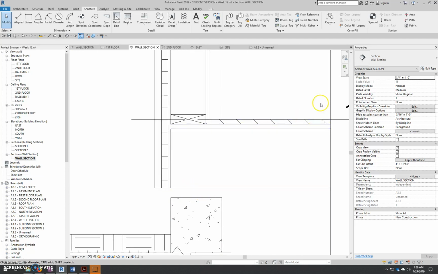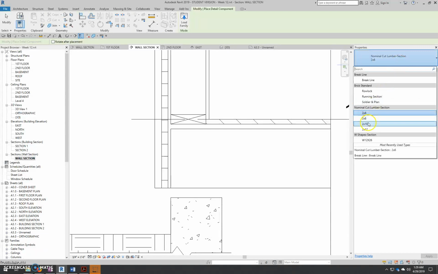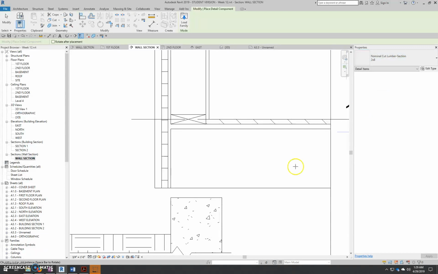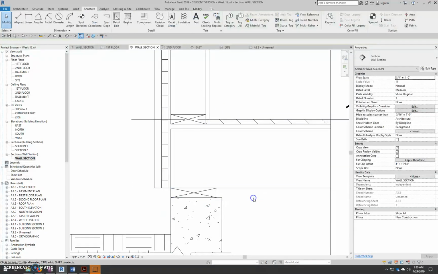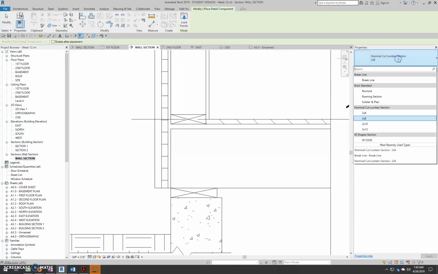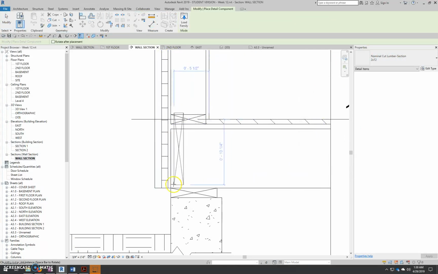Coming down for my sill, I am going to go to component again, but now this is going to be a 2x8, and you can actually rotate after placement up on your options bar, although I don't think that'll, yeah, it'll rotate about the center axis, so you'll still have to move this, but at least it's rotated already. So that's a 2x8 sill. Now I'm going to place another component. I'm going to switch to 2x12, and